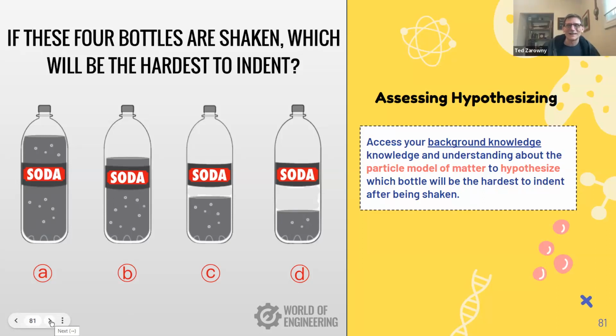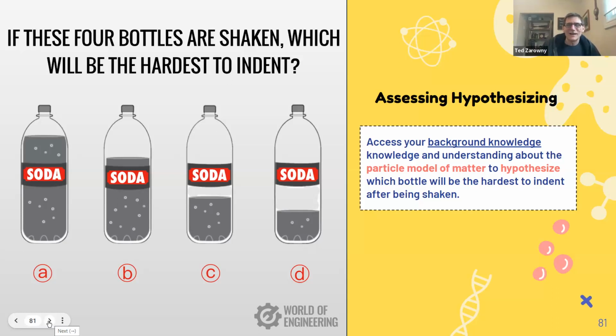We just threw this one in because we thought it was interesting. It talks about expansion and that gas expands in volume. But there's no heat involved in this one, so it's not directly related. This might be an interesting one to throw at your students, to challenge them to practice their hypothesis-making skills, because a hypothesis is a prediction based on the scientific knowledge that we know. Students know about particles and changes, and that gas expands and its particles are loose. So how can they use their knowledge to hypothesize which of these 4 bottles, after they've been shaken, will be the hardest to indent? Just a fun thing.